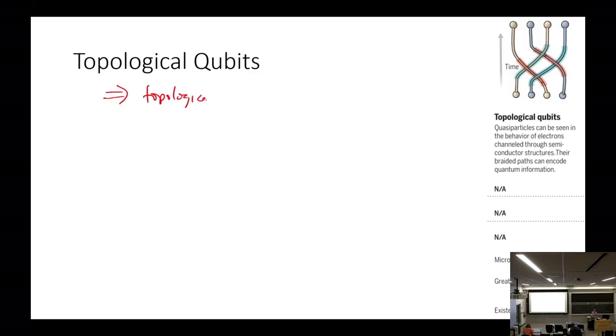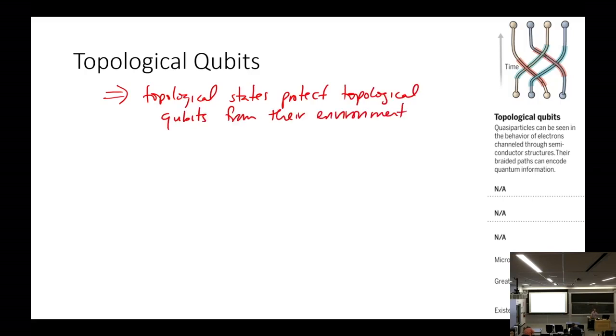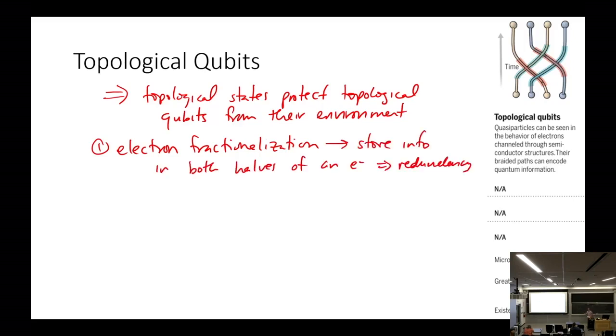So topological states protect these qubits in theory. So they should, in principle, have the very longest coherence times. Topological qubits achieve this extra protection in two ways. Way one is called electron fractionalization. Essentially, you're splitting the electron, and this allows quantum information to be stored in both halves, which gives you some version of data redundancy. If one half of the electron runs into interference, there's still enough information stored in the other half for the